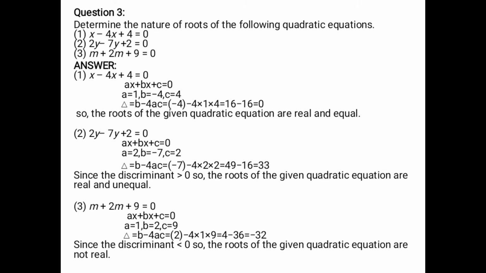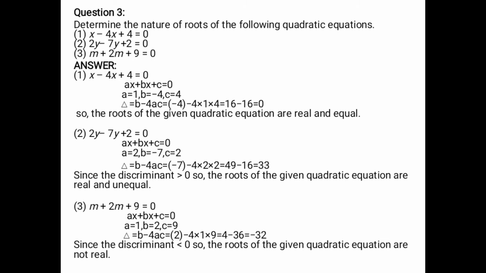Next example, 2y square minus 7y plus 2 is equal to 0. Then the value of a is equal to 2, b is equal to minus 7 and c is equal to 2. Delta is equal to b square minus 4ac. Substituting these values, minus 7 square minus 4 into 2 into 2 is equal to 49 minus 16 is equal to 33. Since the discriminant delta is greater than 0, so the roots of the given quadratic equation are real